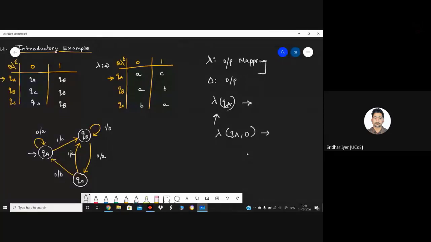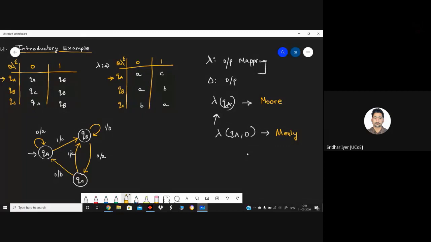You're understanding the difference? Basically, in case of Moore machine, the output was associated with each state, but in case of a Mealy machine, the output is associated with each transition. So we need to also elaborate on for which particular input QA is producing what kind of output. So this is how the Mealy machine differs from a Moore machine. Is it clear now? We also need to highlight the transition, or the input, for each particular state.